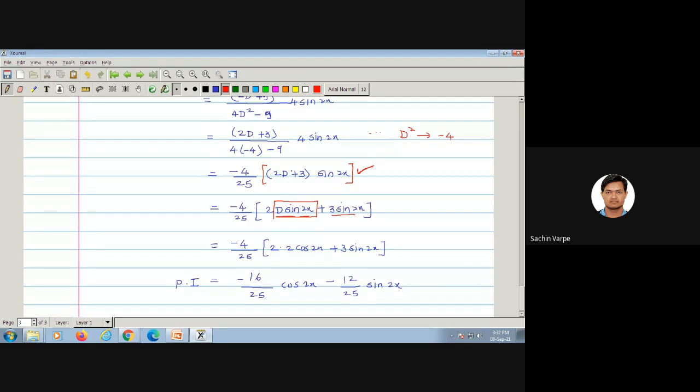So I'm opening this operator over this function. That is, this into the function, and this into the function. That is what I'm doing. So that is 2D into sine 2x. Why am I not saying into? Because that is an operator. That is why I said 2D operated on sine 2x plus 3 into sine 2x,